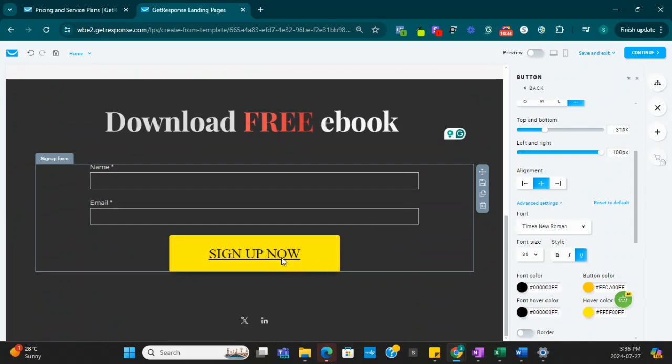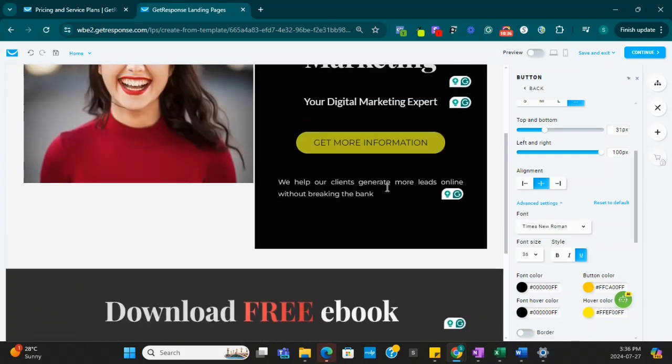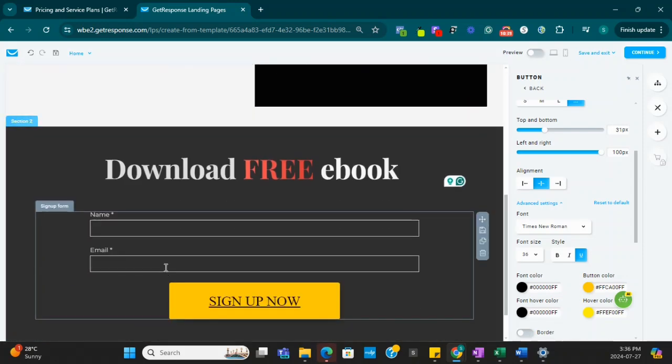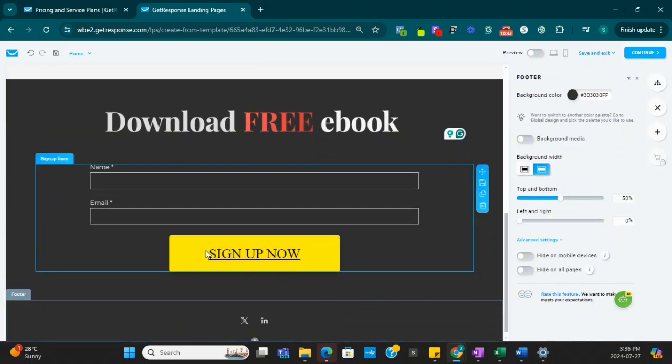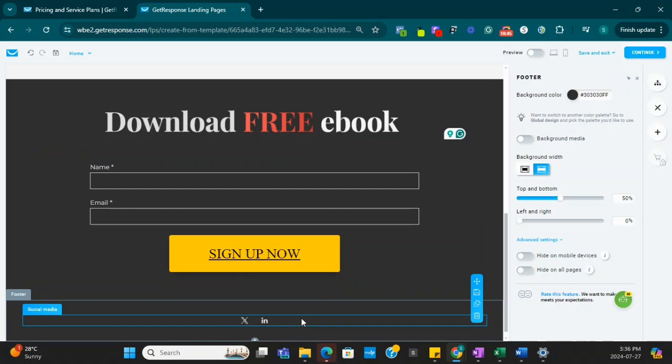So it's good to make this button different from every other color on the screen, so it's very obvious and very noticeable. And then it looks like we're almost done with this page, and we probably want to look at the social